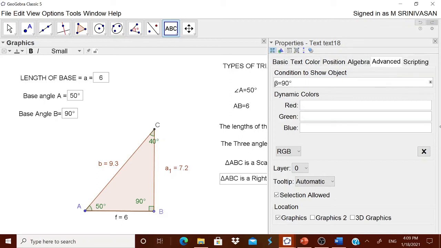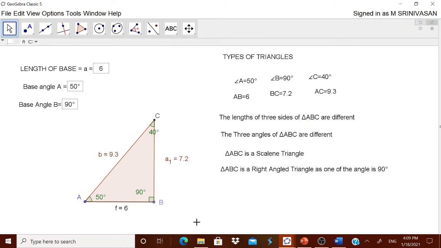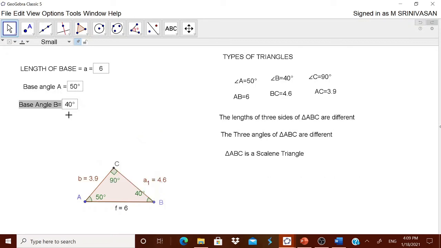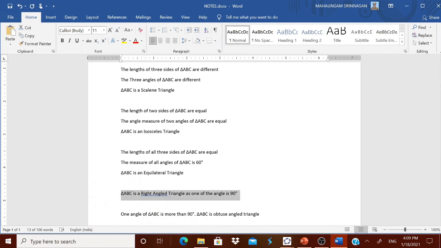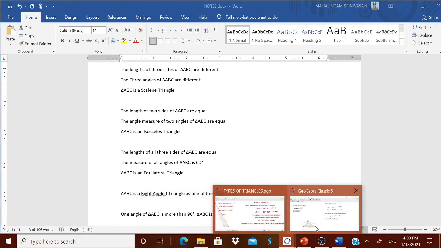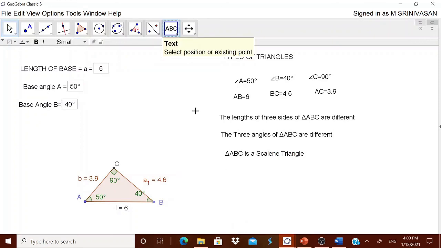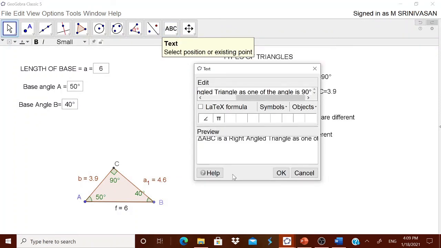Good. Enter. Okay. Now the question will come. A child will ask, sir, what will happen if the top angle becomes 90 degrees? That is also possible. Therefore, let us make it 40. Oh, the top angle has become 90. Same thing. I think you have to do it 3 times, because the right angle may be at any place. I think a child will ask you, sir, it can be at any place. What to do? Okay.